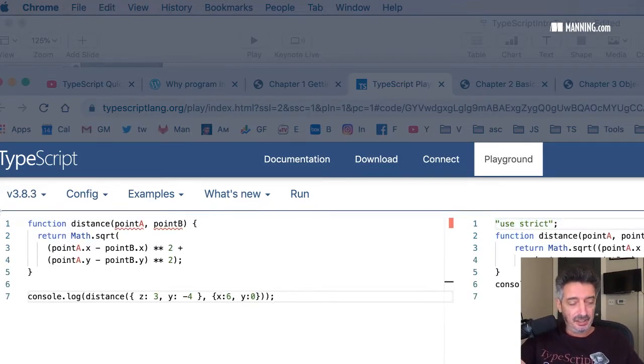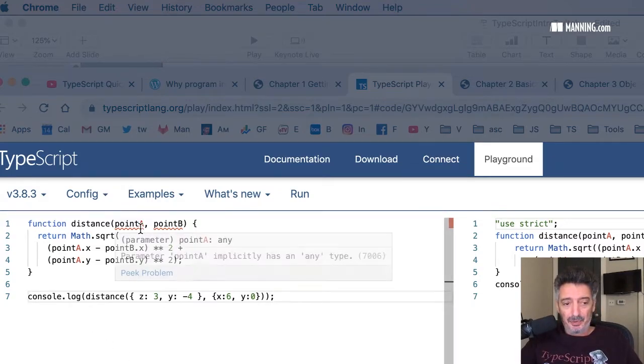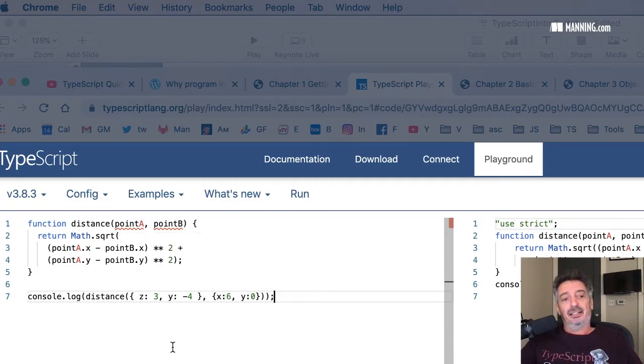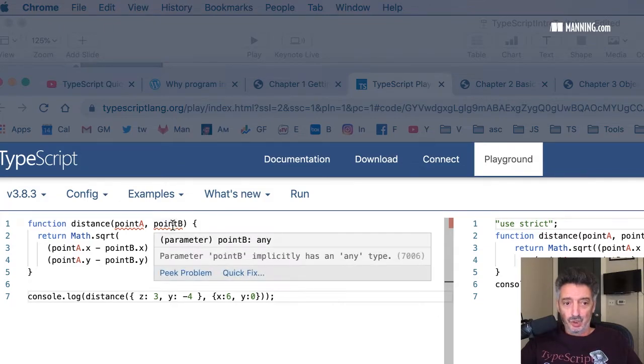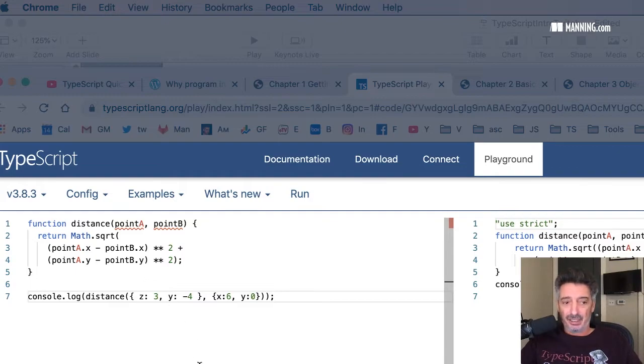Take a look at this function on the left. Ignore what's happening on the right. As a matter of fact, it is JavaScript on the left now. You see a couple of variables, actually arguments of the function, point A and point B. They are underlined with this squiggly red line. This is basically the TypeScript compiler complaint. Remember, on the left we see the TypeScript compiler. It complains